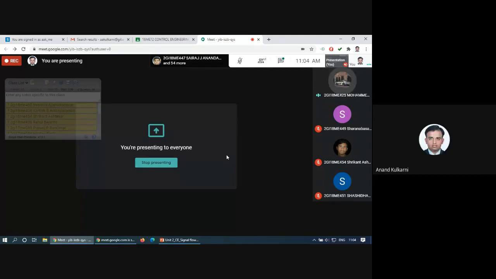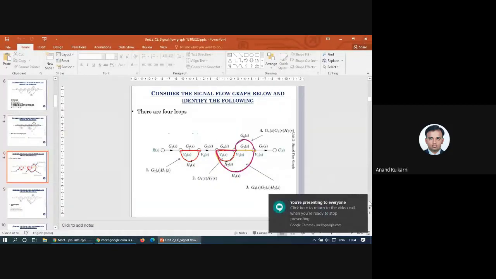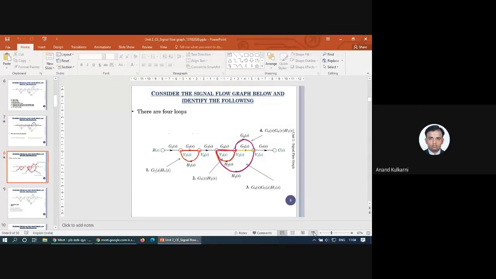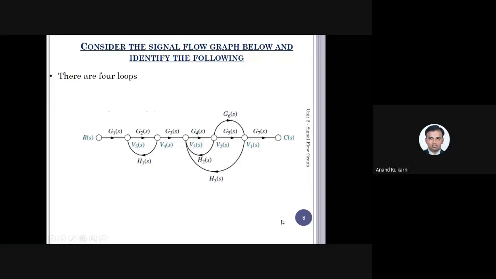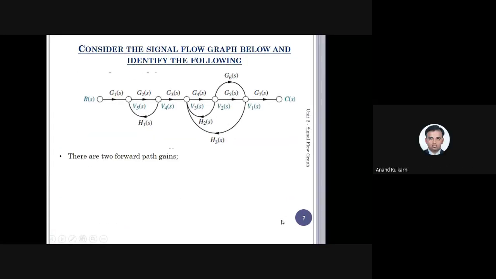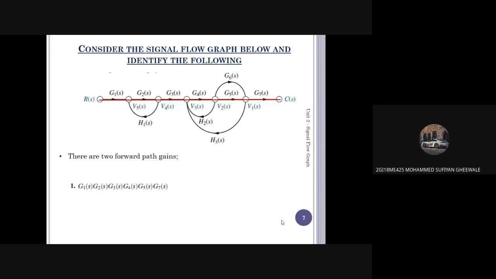If there are any. So forward path, can you brief it? Forward path, what? Yes, can you repeat? Can you brief it? Forward path one more. I said I'll just show you. Yes, just here. Are you able to see this red color part? Yes, this is one. The second one is this blue color.